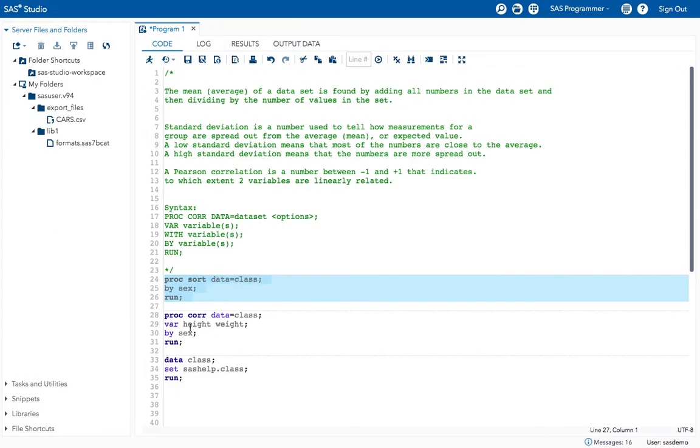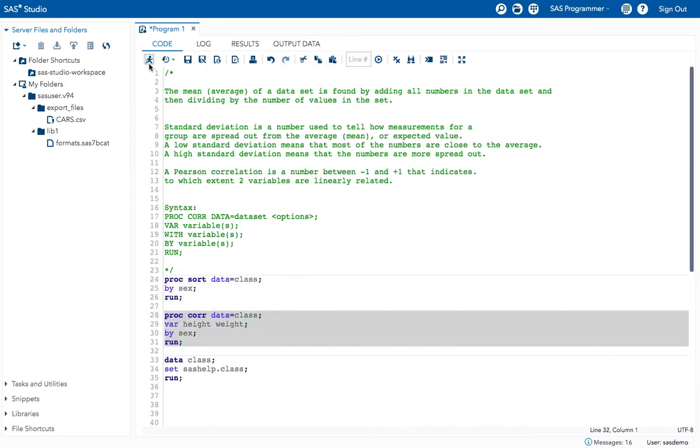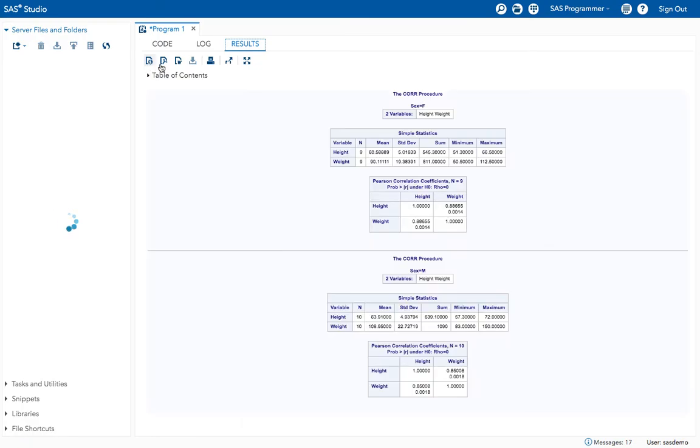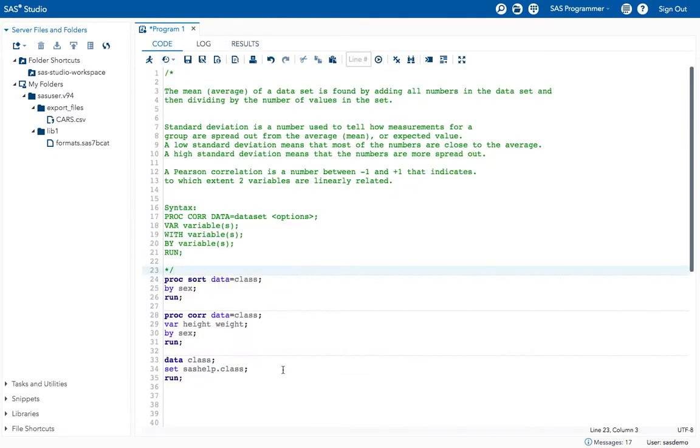Okay, now I want to apply the proc corr. See, now I got separate correlation values for both male and female. Based on the ascending order, I got the tables. Okay, here I got female values first based on the ascending order. Okay, see here for the male values. Like this we can get correlation for separate values, separate sex, or however we want to get our results based on the variables and based on the by statement that we want to do.